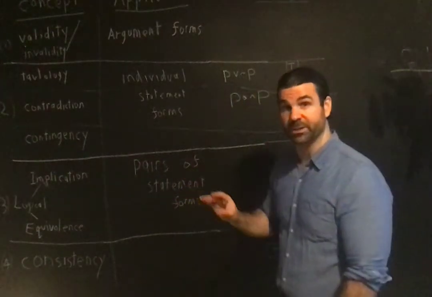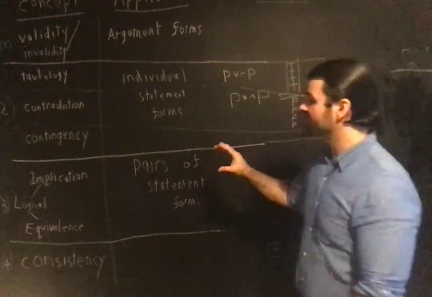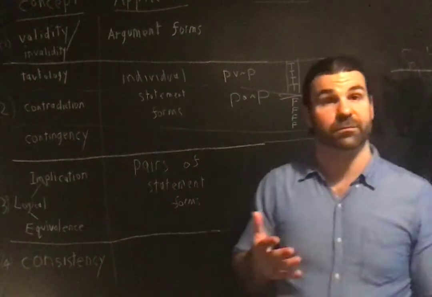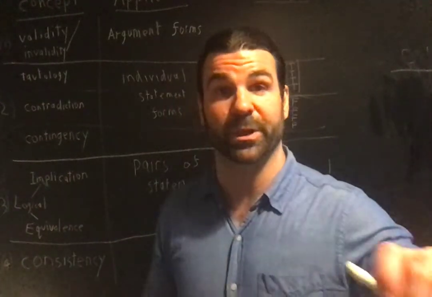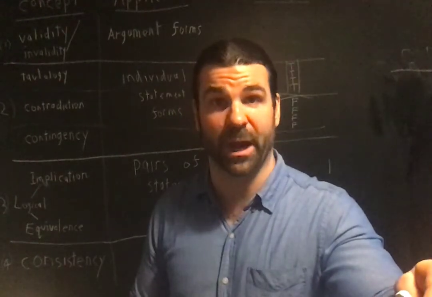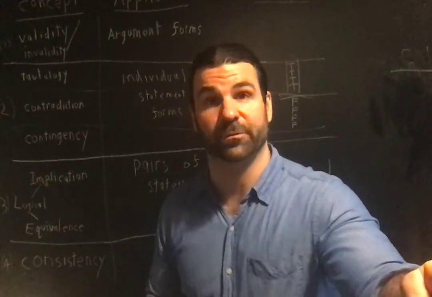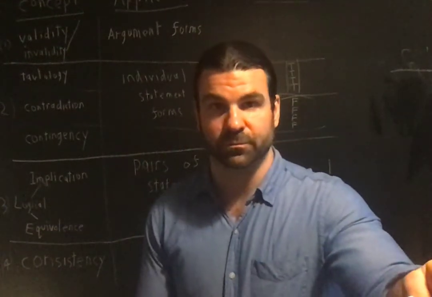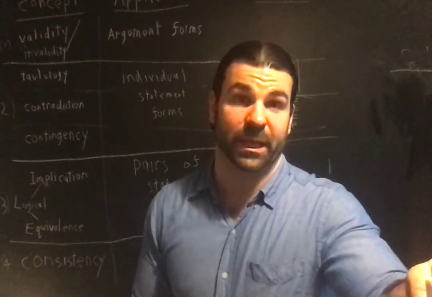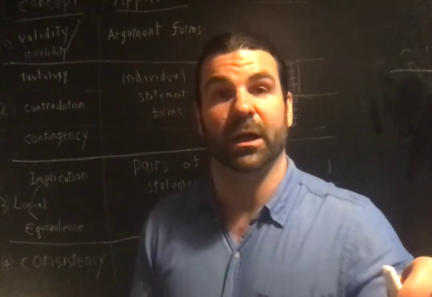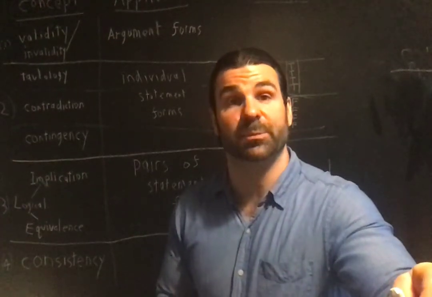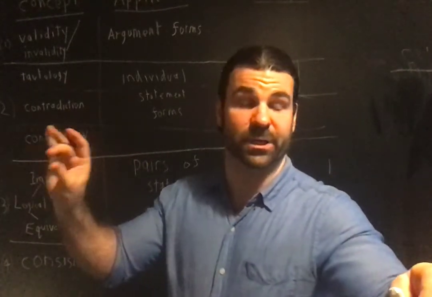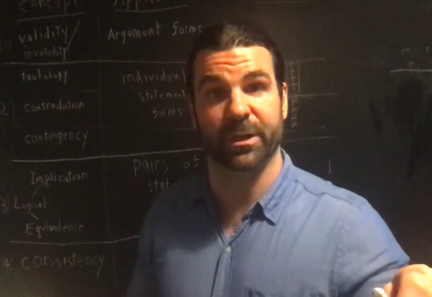Okay, so what is the truth table understanding of these concepts? Logical equivalence is the easier concept, so we'll start with that. We've already come across it quite a bit, especially if you think back to our discussion of paraphrase, when we were distinguishing simple from compound sentences. Remember, we said a sentence like Dan and Uchenna are married. Is it simple or compound? That turned out to be simple because if we tried to paraphrase that as Dan is married and Uchenna is married, that was not a successful paraphrase because